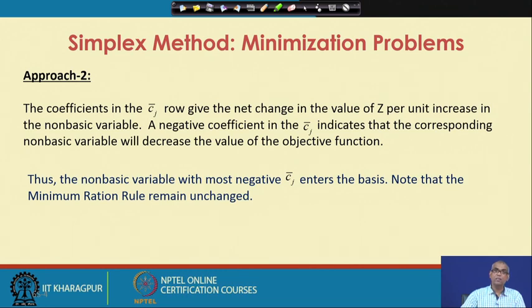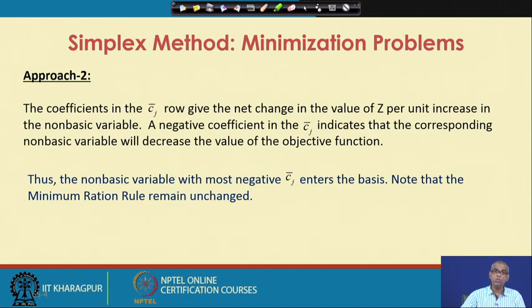So, we can modify this rule appropriately for minimization problem such that the non-basic variable with most negative Cj bar will enter the basis. Note that the minimum ratio rule will remain unchanged,